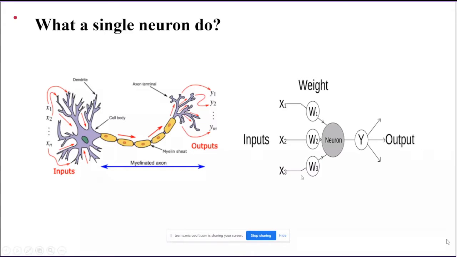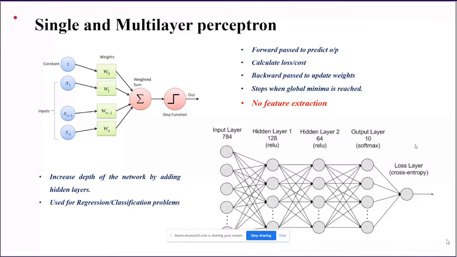So you can see this slide here. Inputs from different dendrites are multiplied with weights, and then the summation is taken and passed to an activation function, and the output of this activation function is passed to other dendrites. So this is a typical perceptron. With the help of this perceptron, we can combine single perceptrons together to form a multi-layer perceptron, where the input is passed to the hidden layers, and the prediction happens at the output layer.